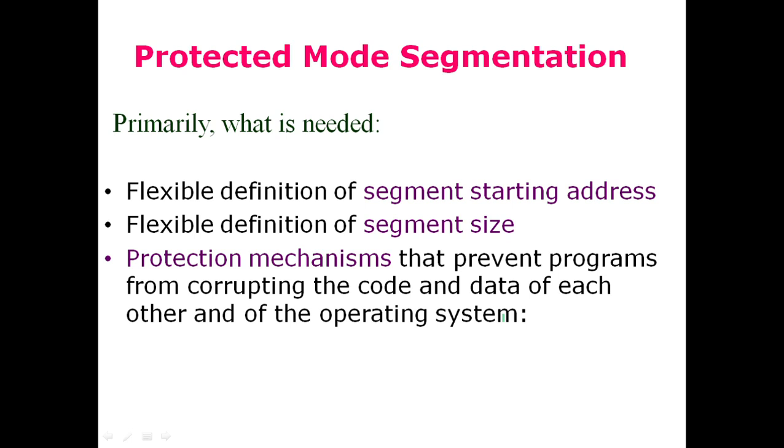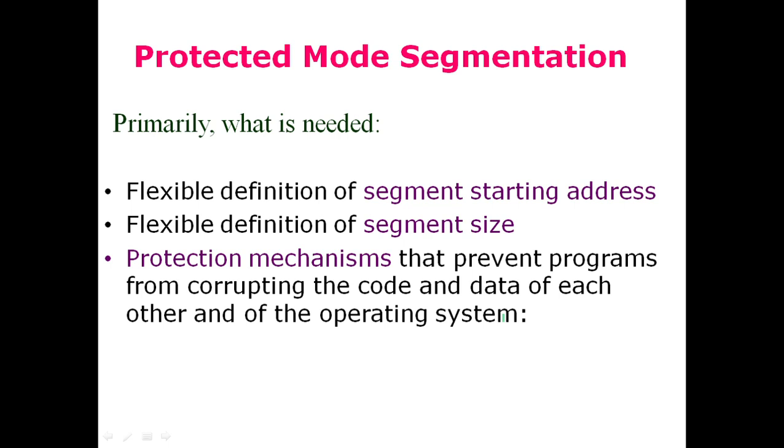So in the protected mode, what we need is a flexible definition of segment starting address. In the real mode, a segment can be defined only at specified addresses. They cannot be defined at an arbitrary memory address. That is the drawback of real mode memory addressing. So in the protected mode, one should be allowed to define a segment anywhere in the memory location,